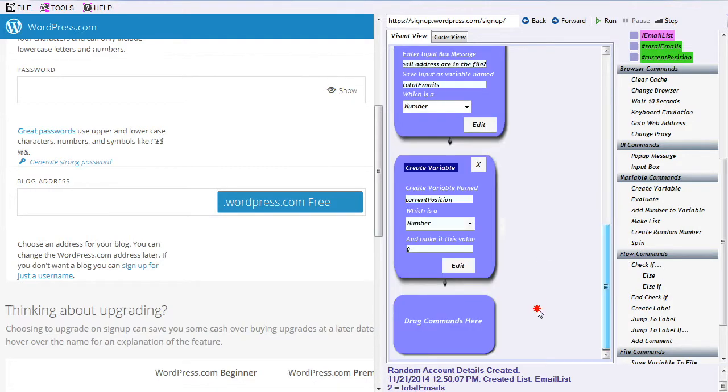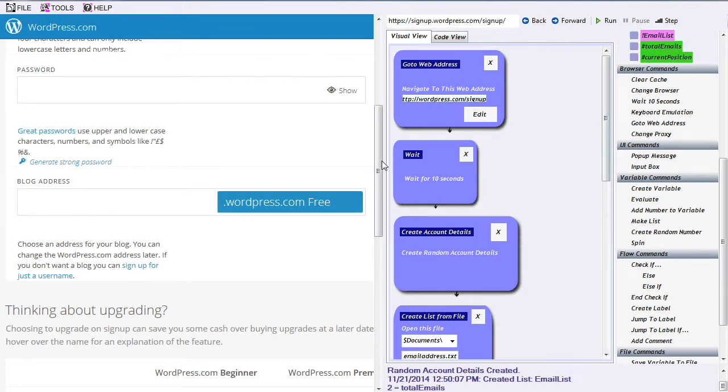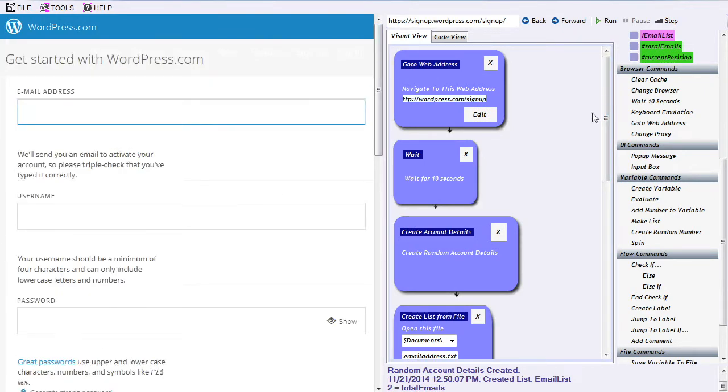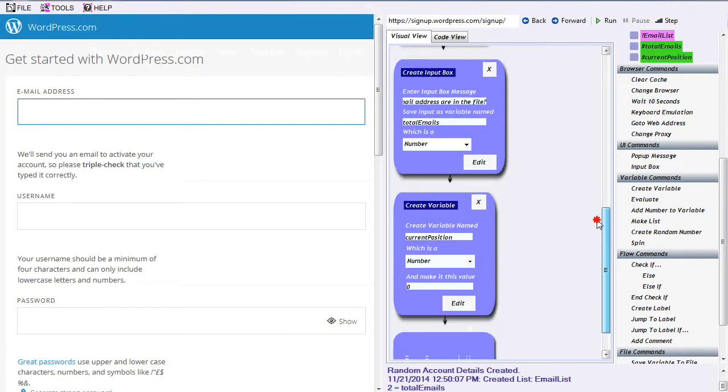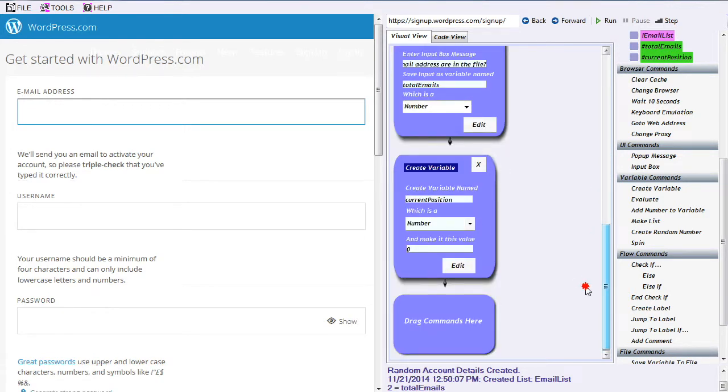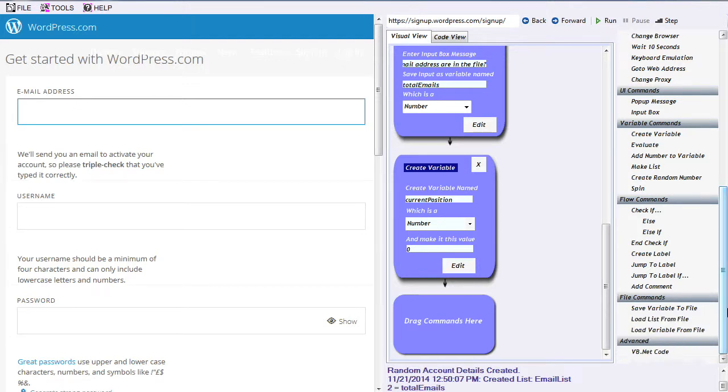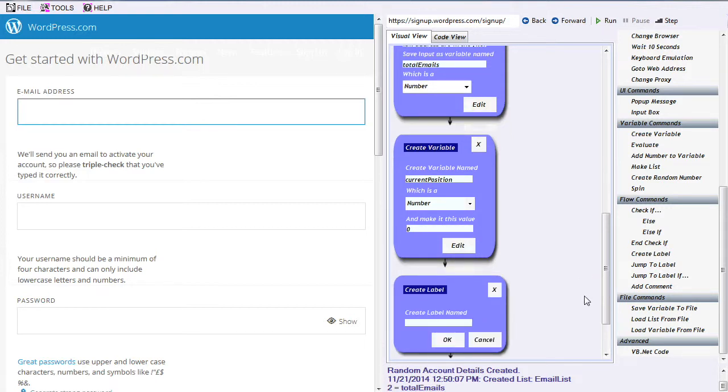All right, so now let's set up our loop, okay, because we haven't done anything with this page yet. We've just set up the information that we'll need in order to fill out this page. So the way that we create loops is with 2 basic commands, and they're create label and jump to label. Okay, so a label is just like a marker. It's basically a spot where you tell the bot,